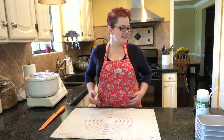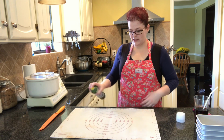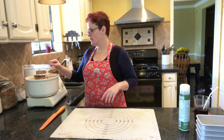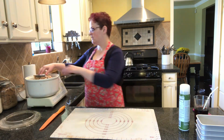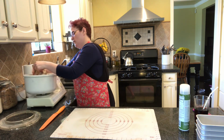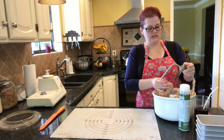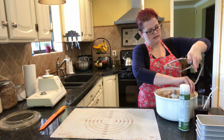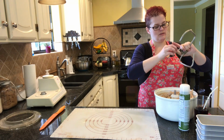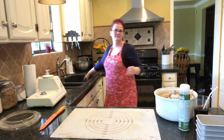Alright, so I'm just laying out a mat to put my bread dough on. And I'm oiling it. And then just gonna get the bread dough off the paddles as you're taking it out of the mixer. Because why waste that delicious bread dough? Also, why make washing that much harder? Okay,